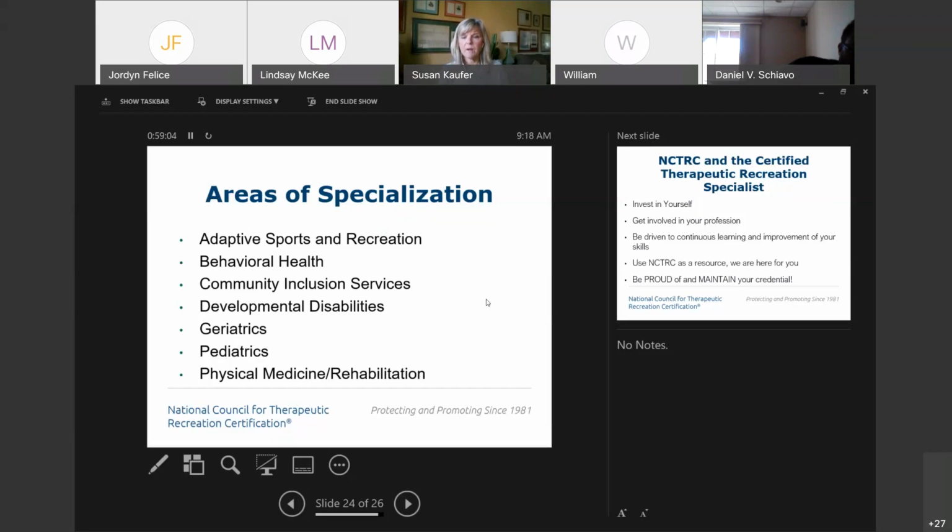If you have any questions about the area of specialization, we can certainly speak with you further about it. Instead of the 50 hours of continuing education that we need now for recertification, this area of specialization designation would involve gaining 75 hours instead. So it's a little bit more of a rigorous process in regard to your education.